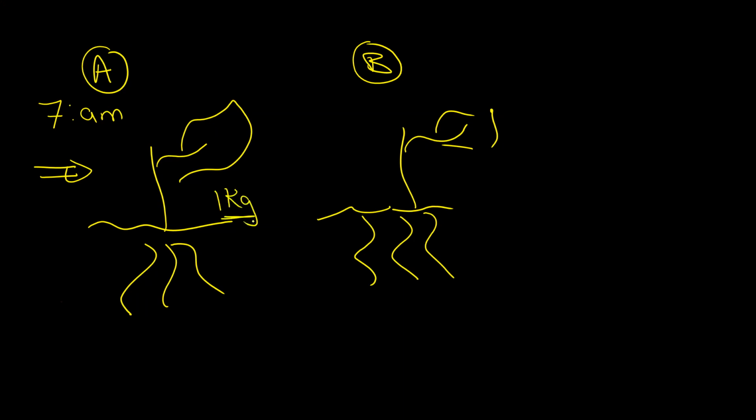I have 2 plants. This is a plant and this is a plant. I'm using this plant in my experiments. I want to see how the mass of this plant will change. Okay, this is plant A and plant B. Let's look at plant A. If I measure the mass of plant A at 7 a.m. in the morning, it will be, for example, 1 kilogram. If I measure the mass of the same plant at 8 a.m., it will be 1.5